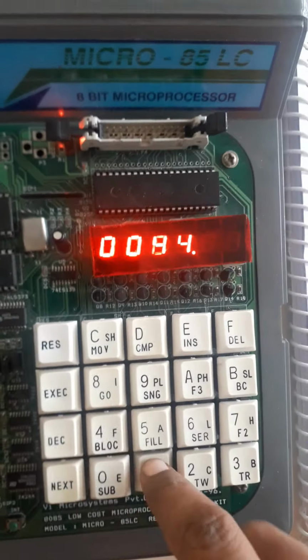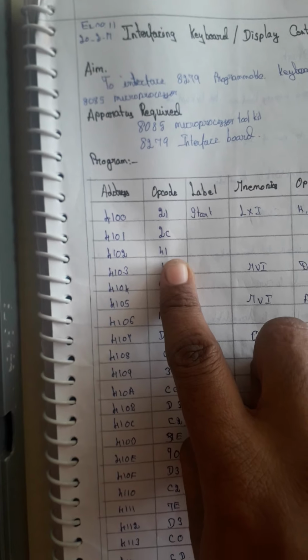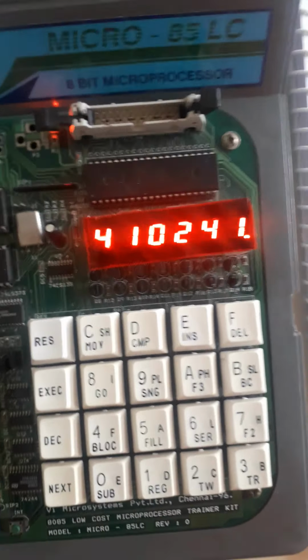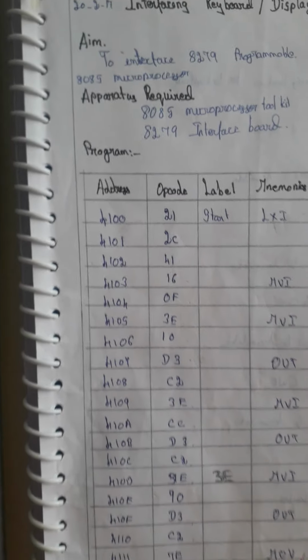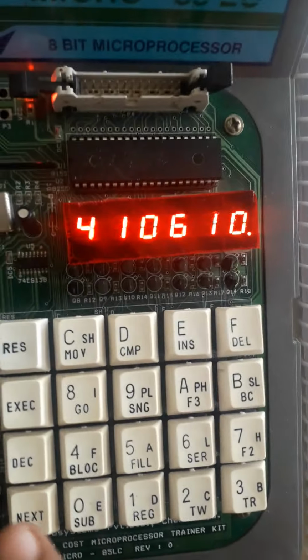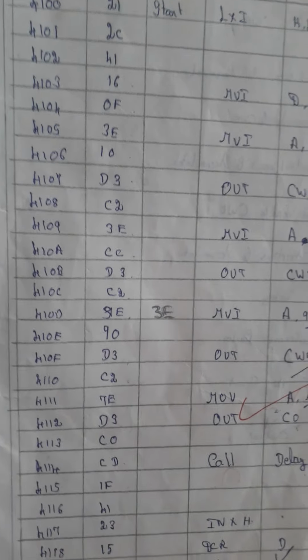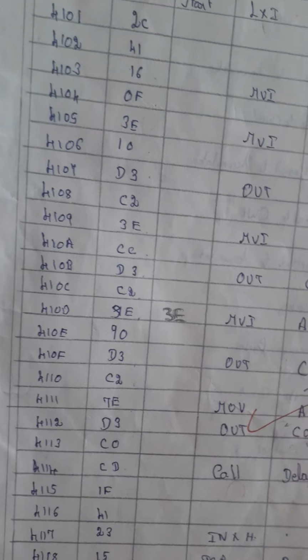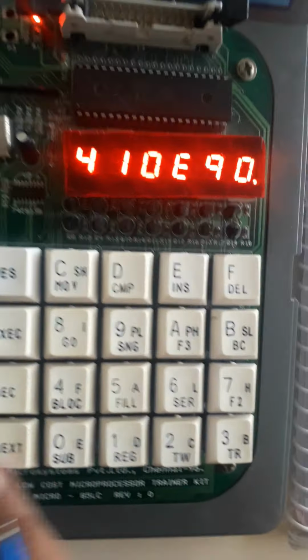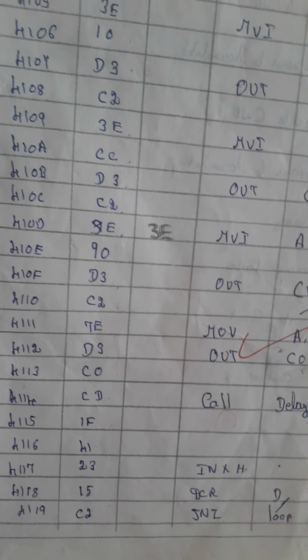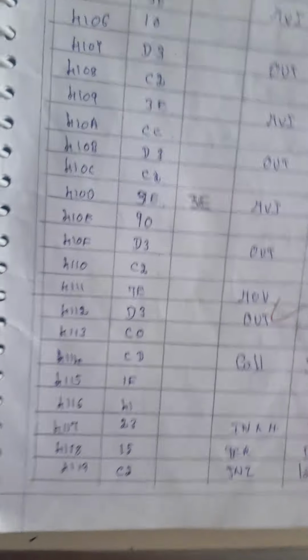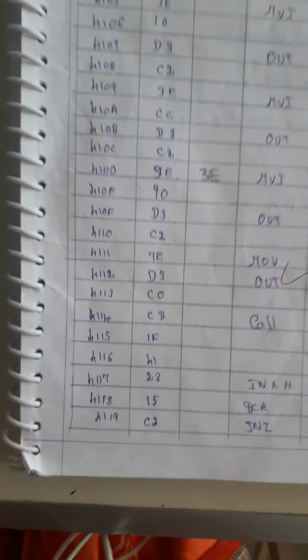Okay, so let us see how to enter the program in the kit. 21 2C 41, and then 16 0F 3E, then 10 D3 C2, and then 3E CC D3 C2, 3E 90, and then D3 C2 7E, and then D3 C0 CD, then 1F 41 23, and then 15 C2